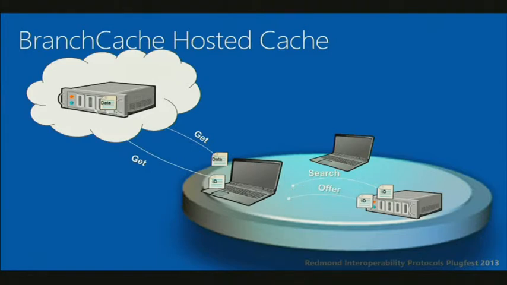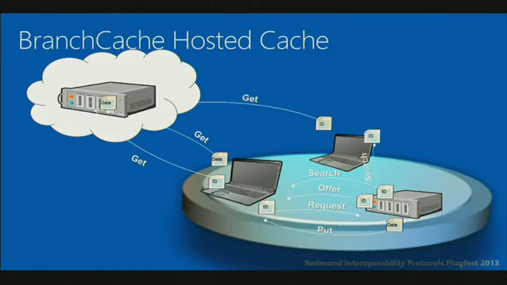But then, after you've downloaded the data, you go back to the hosted cache server and inform it of what you've just downloaded. So the PC will send over the identifiers and say, I now have the corresponding file if you want it. And the hosted cache server can pull it from Alice's computer. And then that copy is stored on the server locally, even if Alice puts her computer to sleep, goes out to lunch, whatever. So that when Bob goes to access it,